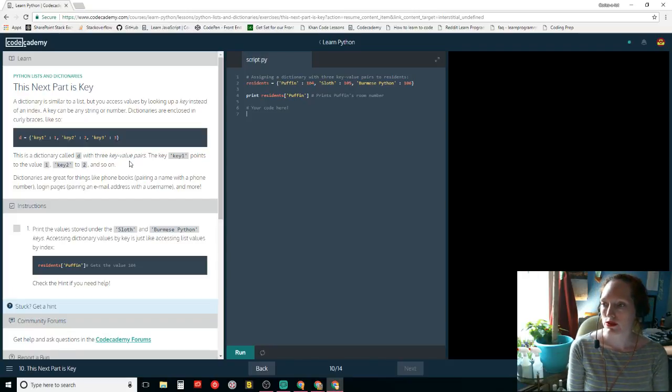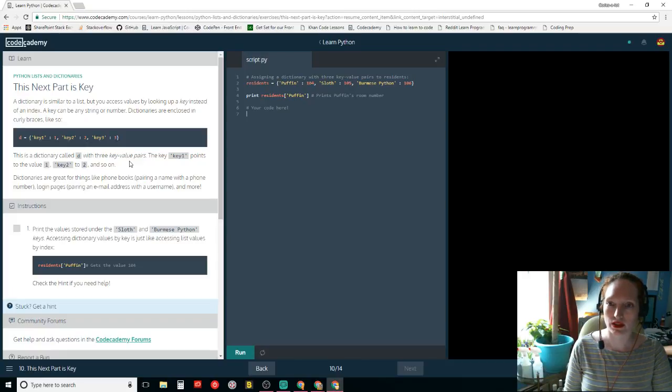Print the values stored under the sloth and Burmese Python keys. Accessing dictionary values by key is just like accessing list values by index. The values stored under, so those are the keys.